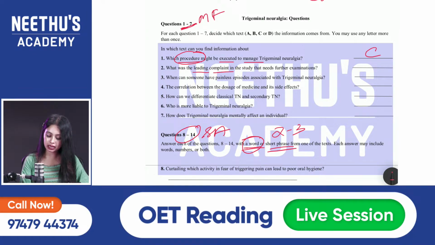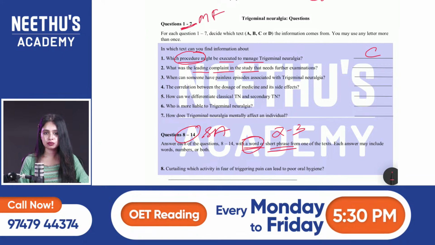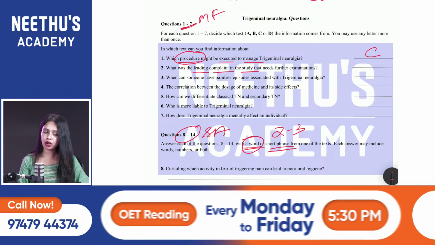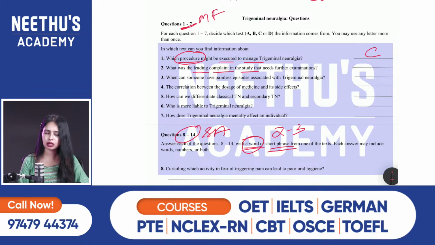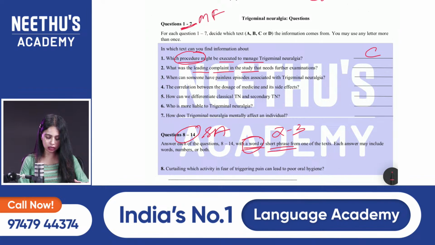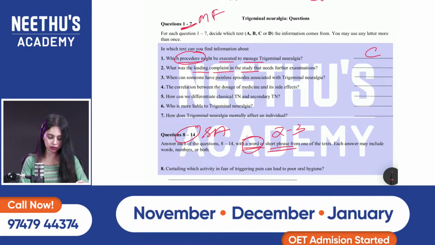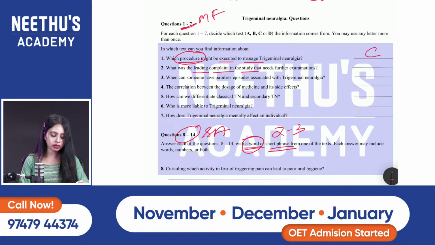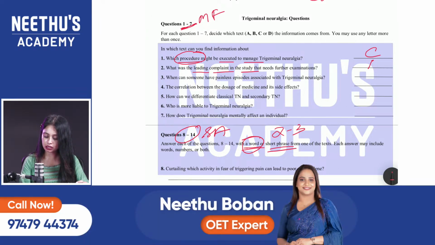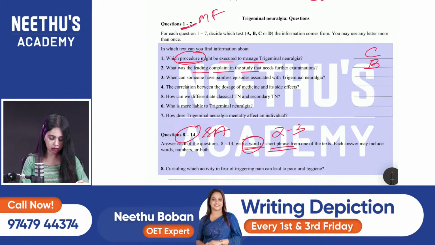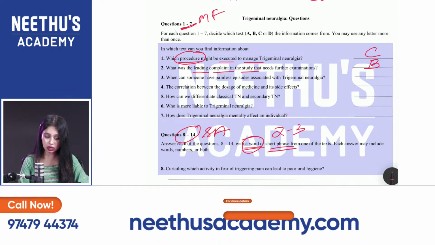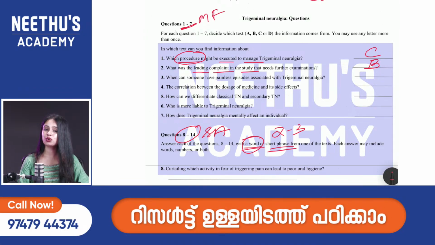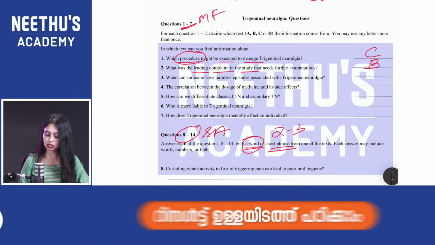So what are the keywords here? Leading, complaint, study. Remember, I told you this is all about a study. So where is the study mentioned? Where are the complaints mentioned? Yes, Monita, text C. Asna, your answer is correct, which is from text B. I think only Asna got the correct answer. Adin, very good. Dhanalakshmi, Alina, Dilu, very good, it's B. So the answer is mentioned in text B.